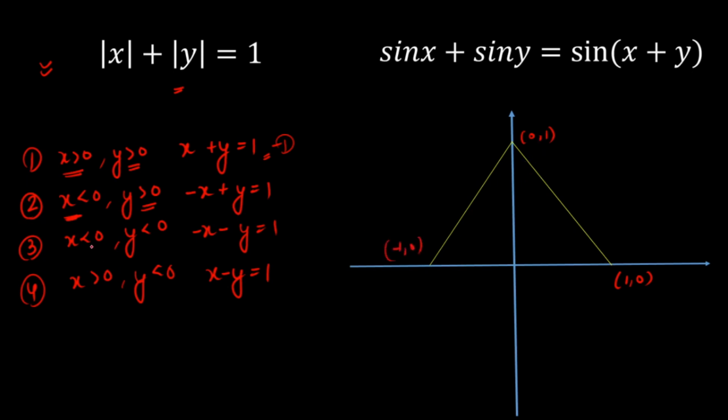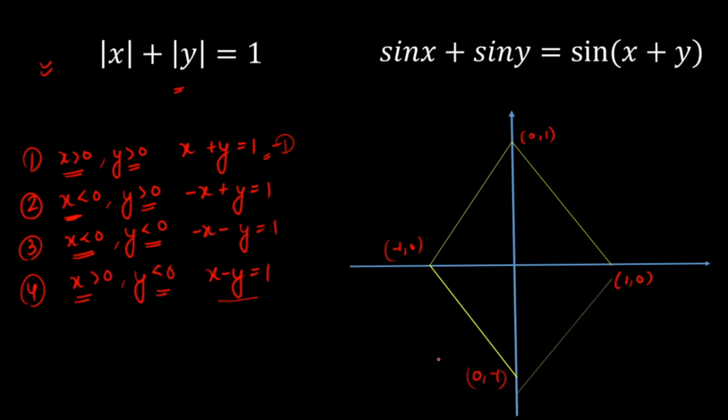Now let's talk about the third case, that is the third quadrant, x is negative and y is negative. Again we have a straight line, that is minus x plus minus y is equal to 1, and here the x and y-intercepts both are negative 1. So the line must be like this, and the y-intercept is minus 1. Similarly, x-intercept is minus 1. Now let's talk about the fourth case, that is in the fourth quadrant, x is positive and y is negative. So the line is x minus y is equal to 1.